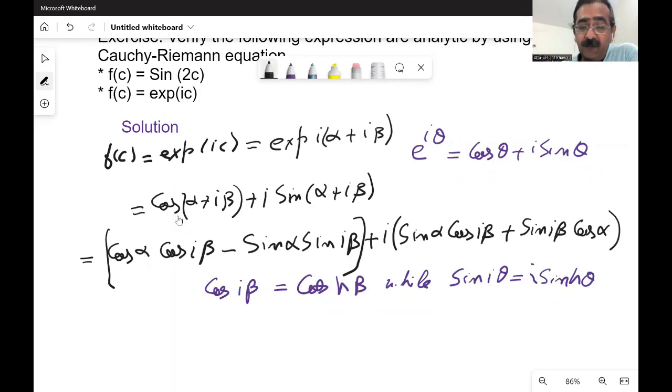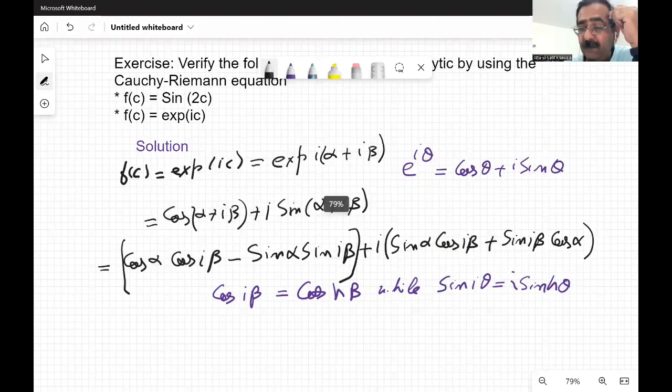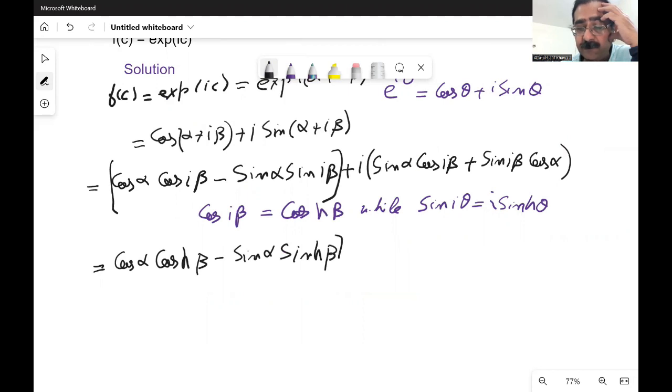We will apply this formula on the above equation. So our result will be cos alpha cos hyperbolic beta minus sin alpha sin hyperbolic beta